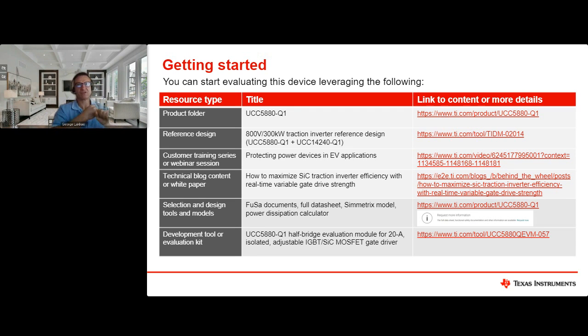It depends on the operating conditions, but at a high level, you want to use weak drive strength when the battery is full, anywhere from 100% state of charge to 80%. If the load current is high, in this particular example I showed, when you get over 300 amps, you want to switch down to the weaker gate drive strength. And when you're operating the vehicle at low temperatures, anywhere from -50 to 0 degrees, you probably want to use weaker drive strength.